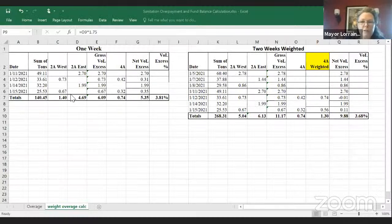All right, let's just look over here at one week's worth of data, because it gets more confusing when you have an odd number of collection points. This is one full week. The gross VOL is 609. If I took,